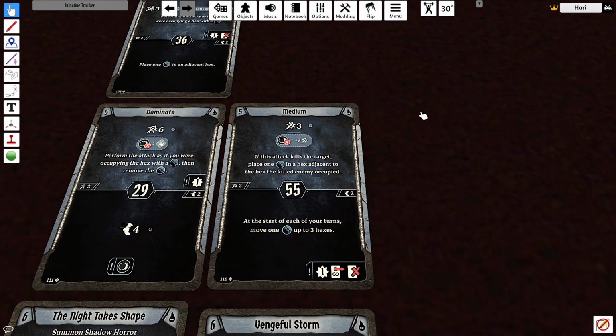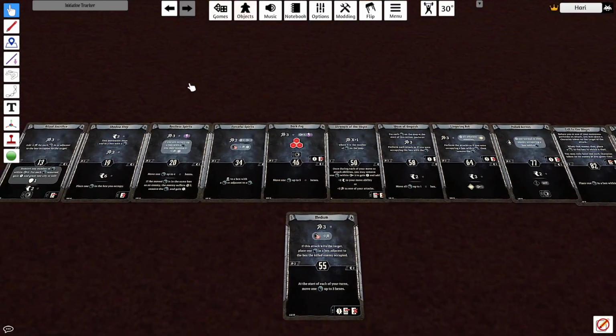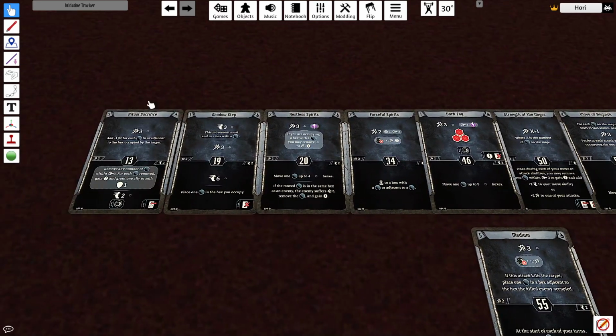Like, after you've played Melee Deathwalker with this, you'll really never want to go back. And that's not to say that it isn't reasonable to try to build around not doing this and doing this, but this is so convenient, and this is just going to immediately make Restless Spirits and Ritual Sacrifice so much